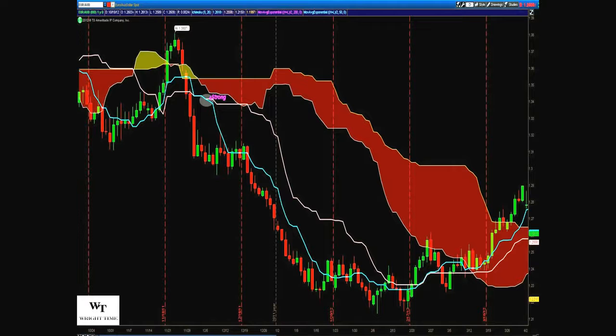So when we look at the Euro Aussie, you should all know by now this is a strong cross. The Tenkan came from above and crossed below the Kijun. We got in on this trade. Even if you wanted to get out right here, this is over an 800 pip move. We carried it all the way down. If you had your stops at the Kijun, you could have trailed it all the way down, and that's another reason why